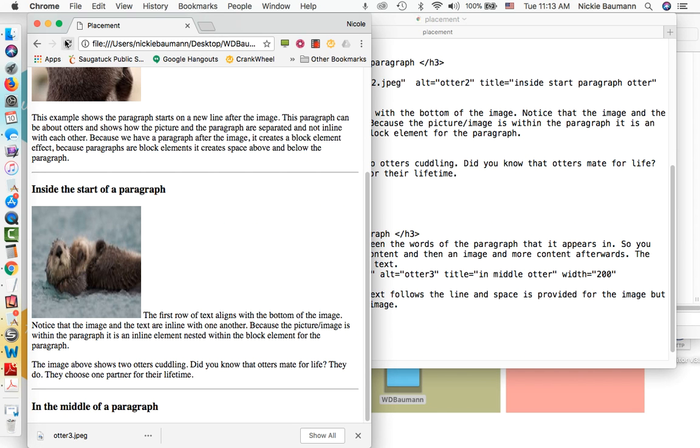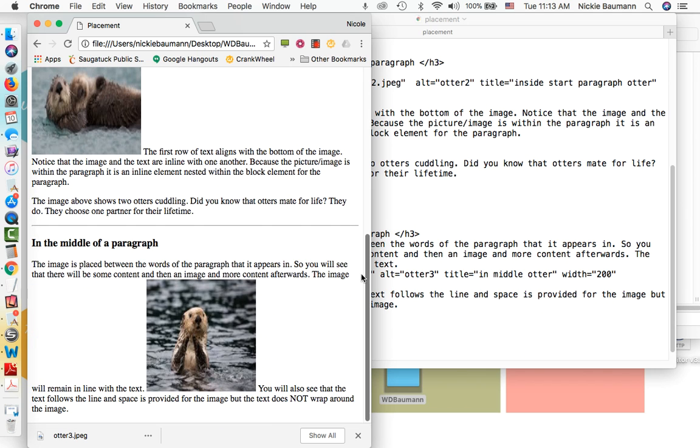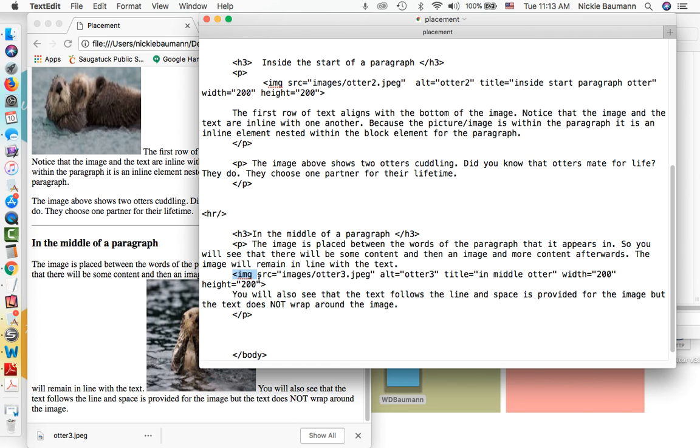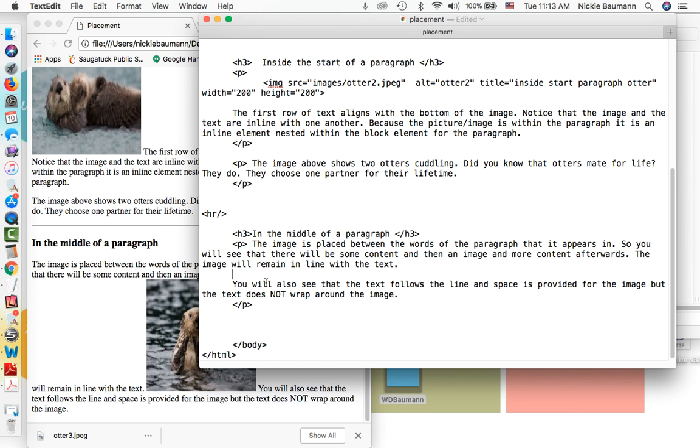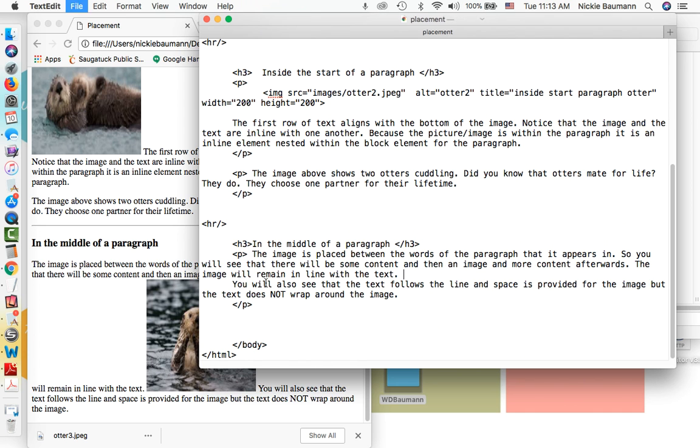All right, let's scroll down here, and there it is. So you'll see that I have my text here, it's going, and then boom, there's the image. So the image is still in line with the text. It just breaks for the size of the image. So if you want your image, I'm going to just copy that here. I'm going to delete it here. If you want your image, save it and refresh,